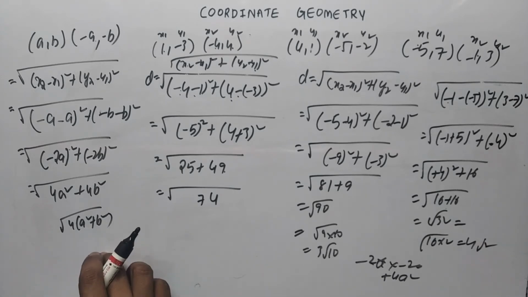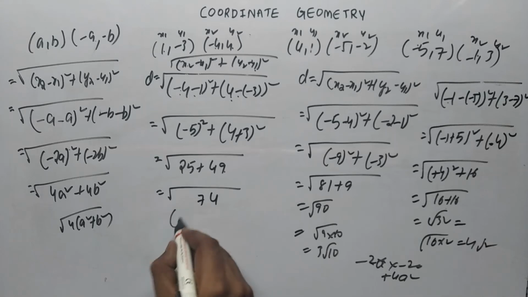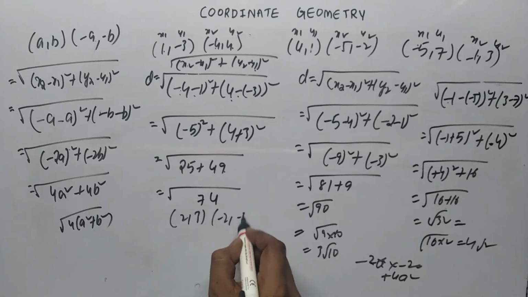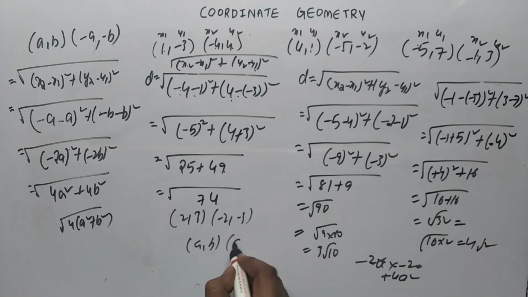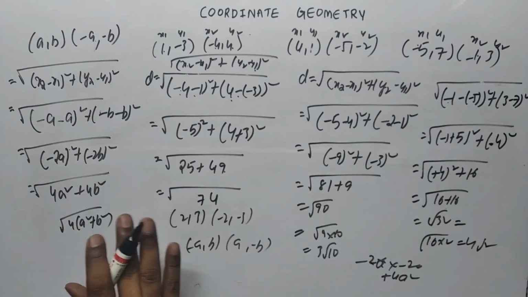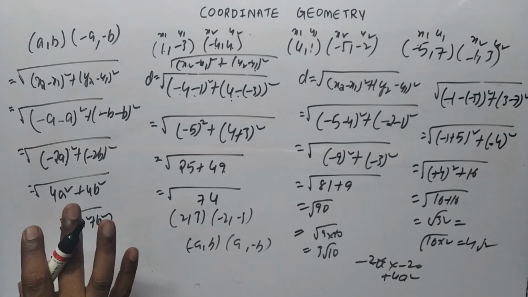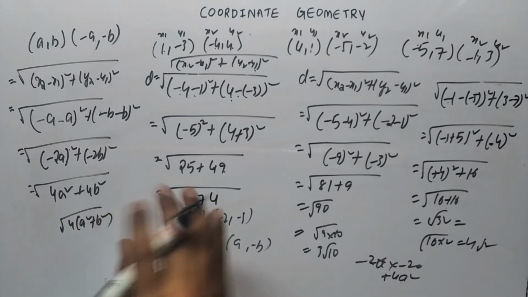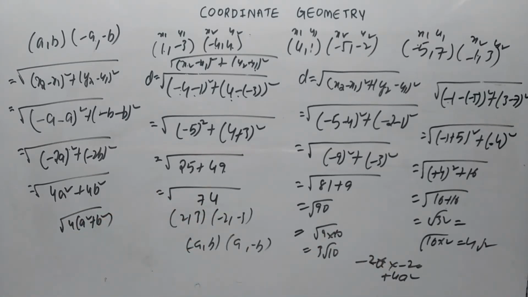So what you need to do is try to take some points. Randomly take some points like 2 comma 3, minus 2 comma minus 3, a comma b, a comma minus b. You just take some random points, or you can take some questions from your textbook. Try to solve them. Tomorrow I will tell you some of the questions from R.S. Sharma or from your textbook, which will help you.